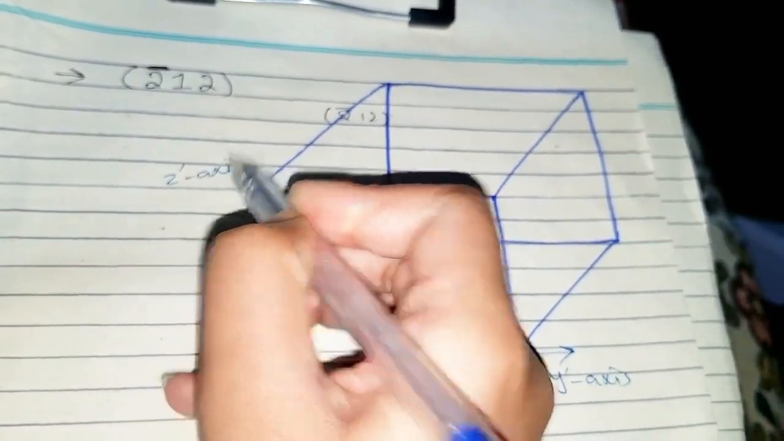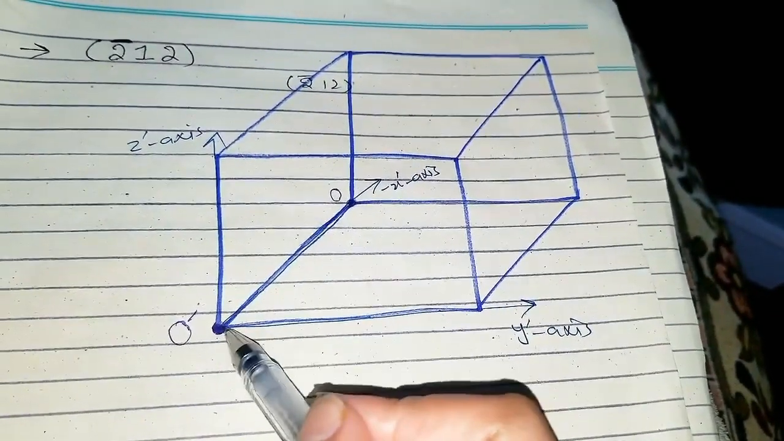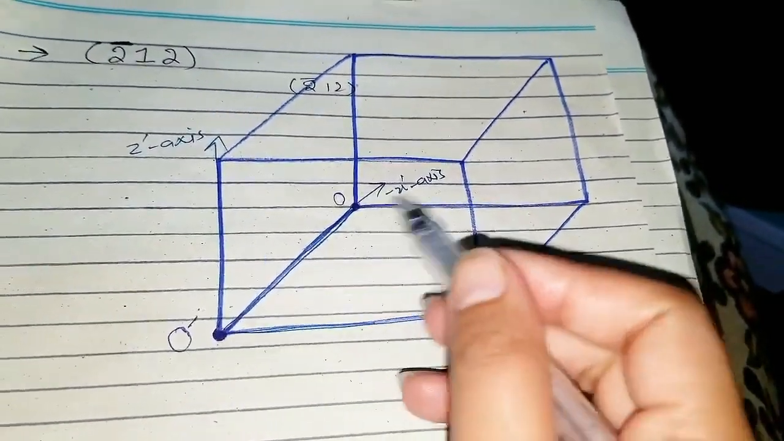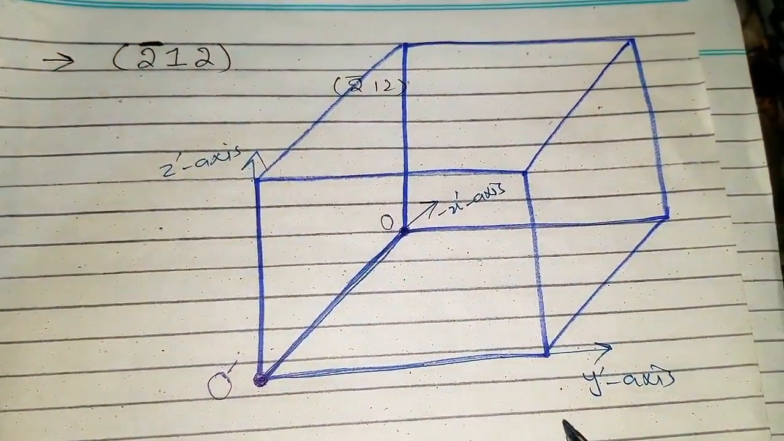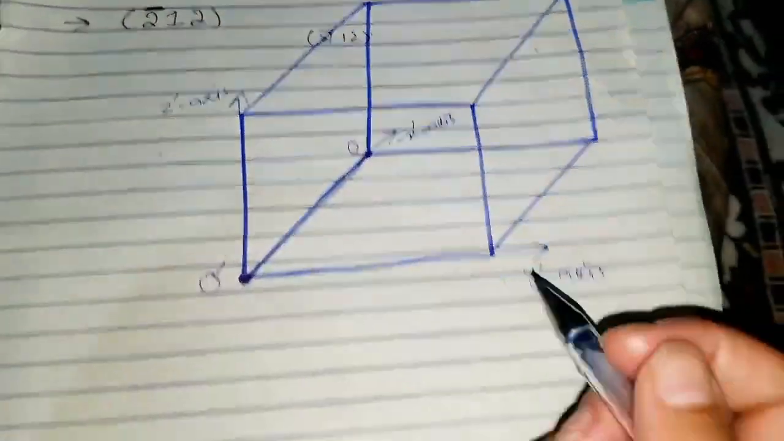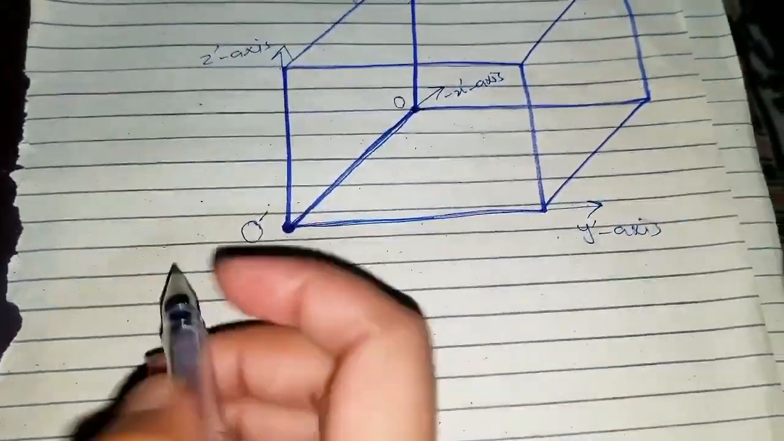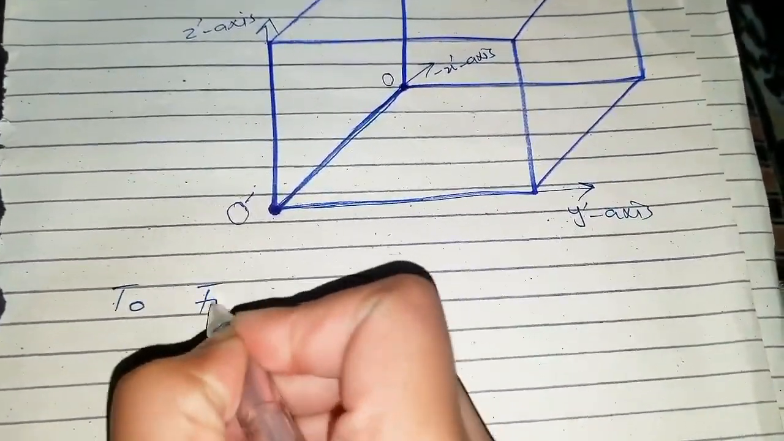Okay, the lines that are connected to the origin are the axis lines, and we have designated their names. All right, after deciding the position of origin, we need to find out the intercepts of the plane. Now, to find out the intercepts of the plane,